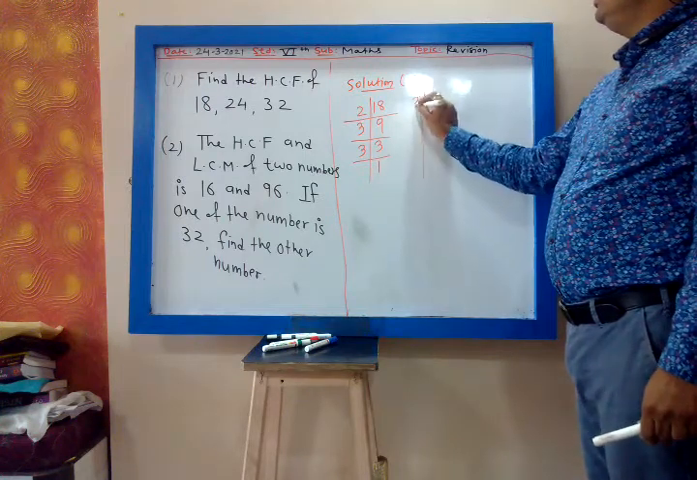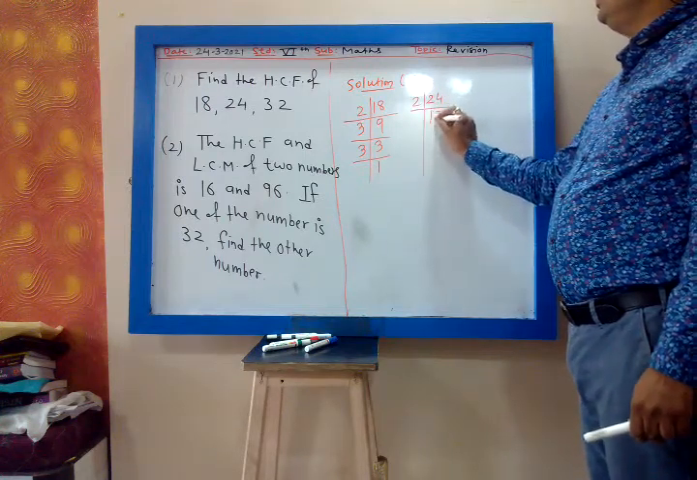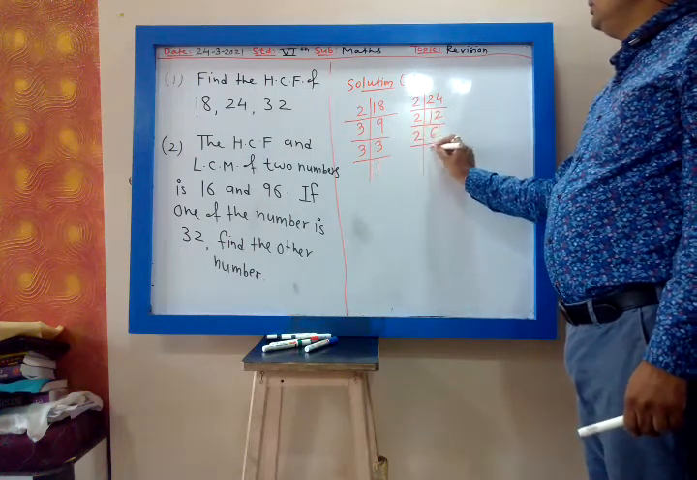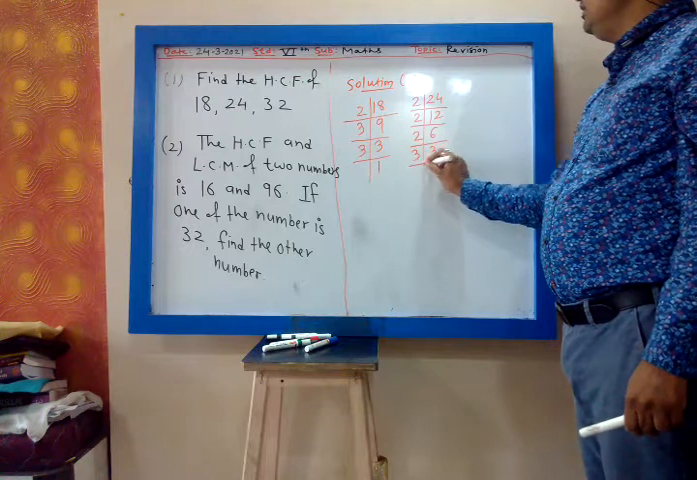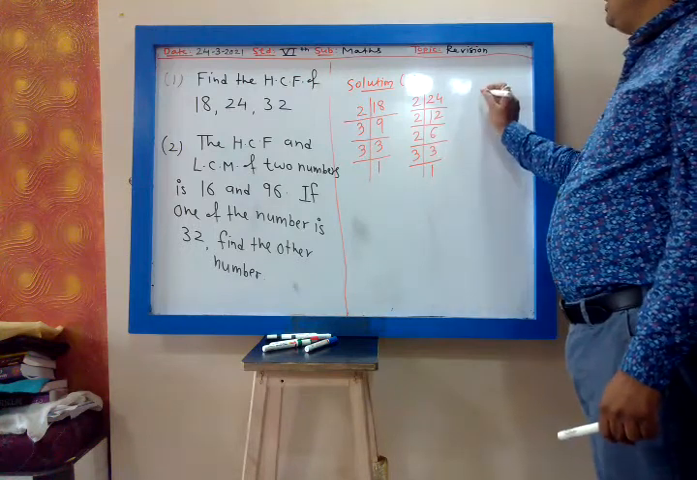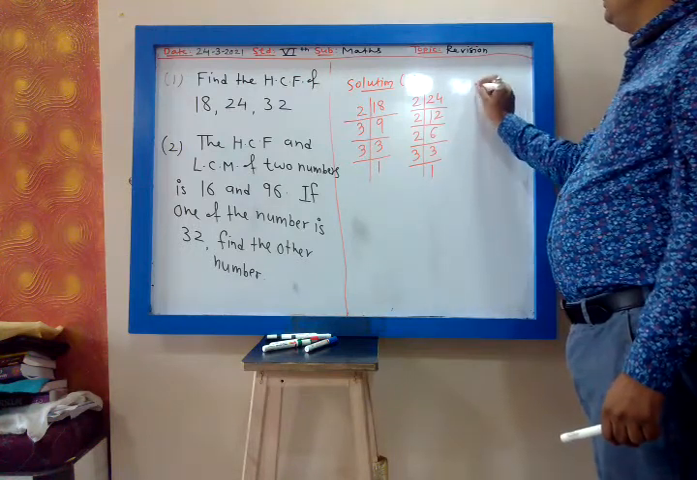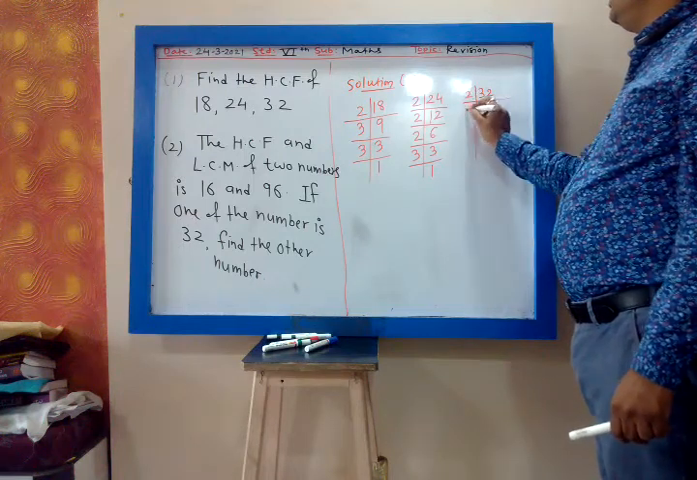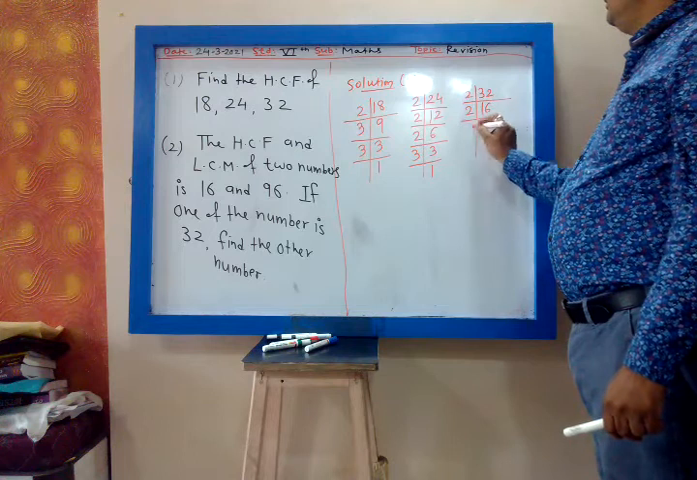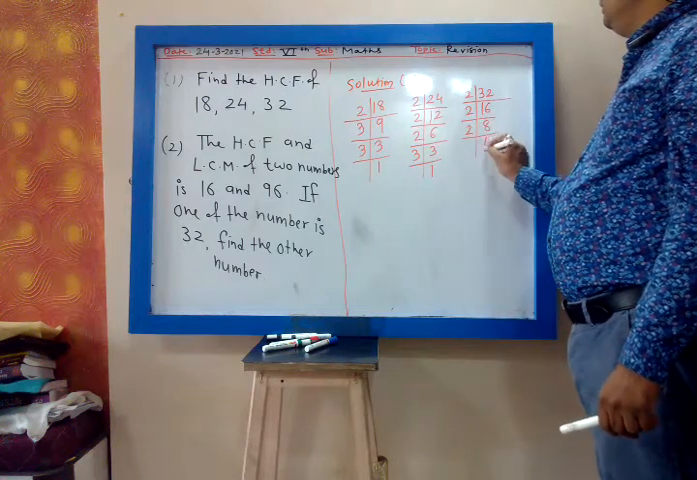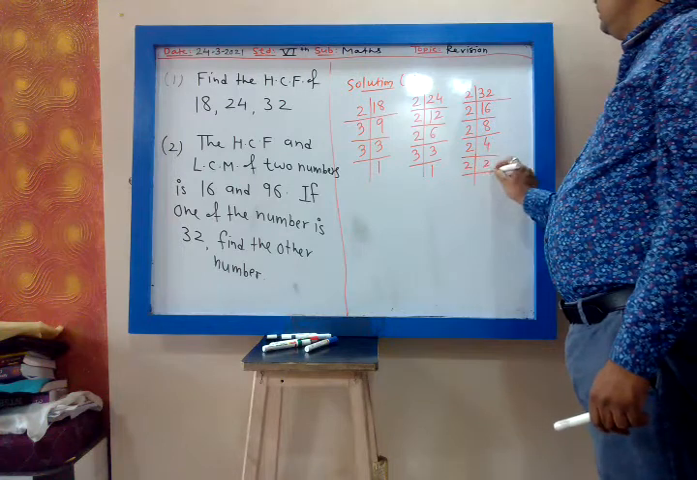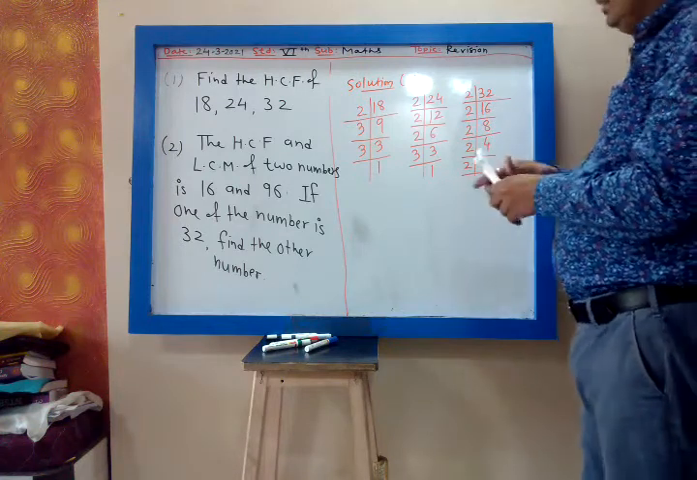We start with 2: 2 12s, 2 6s, 2 3s, 3 1s are 3. Then the prime factorization of 32. Start with the prime number 2: 2 16s, 2 8s, 2 4s, 2 2s are 4, 2 1s are 2. So we write 18 as